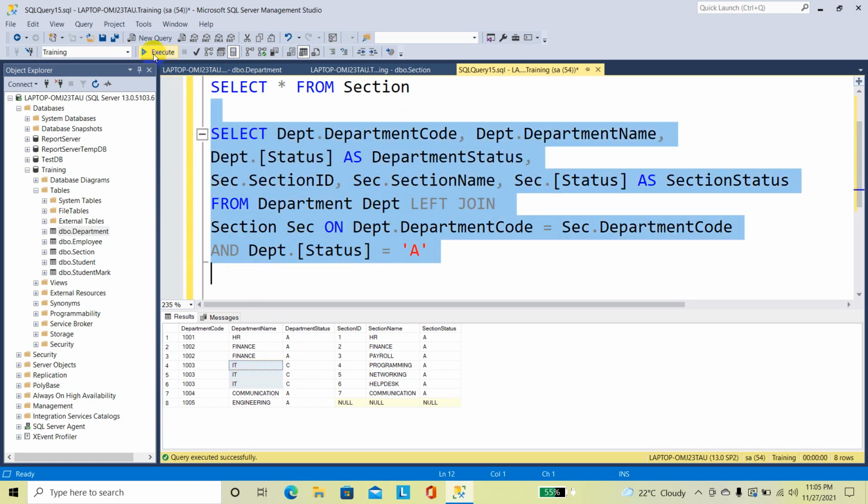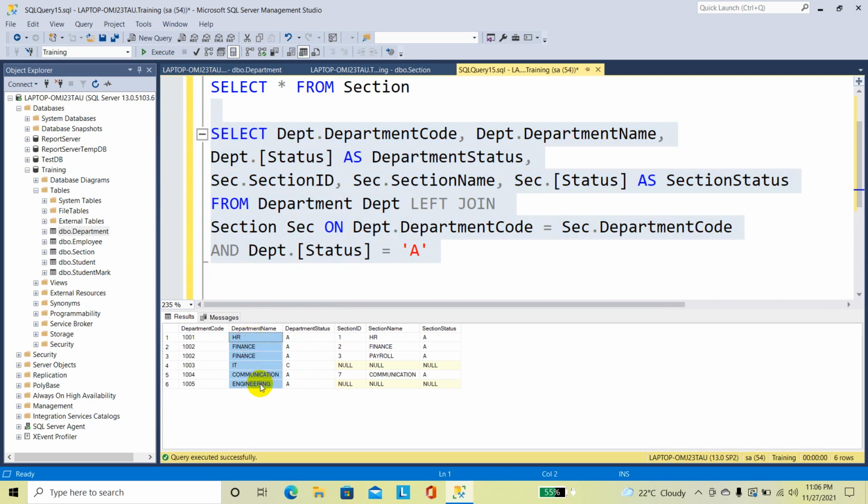I'm going to execute this statement. Now you can see I got all the department names, but section ID, section name and section status of IT is displayed null, because this AND condition will work with the left join.